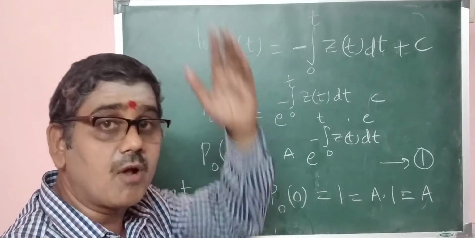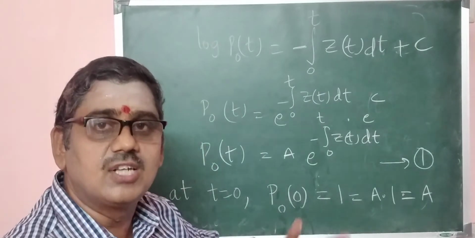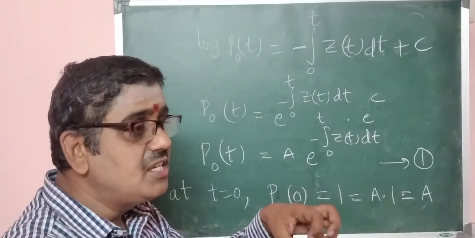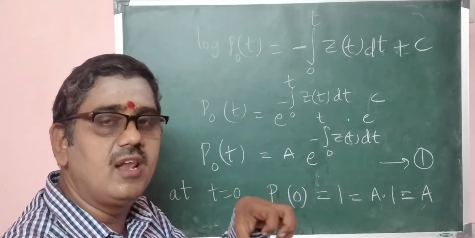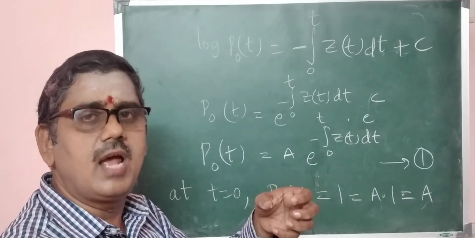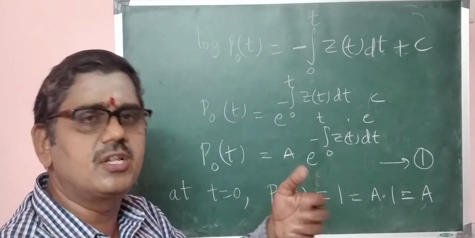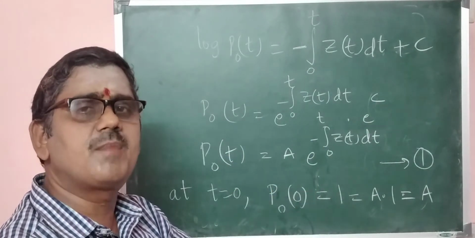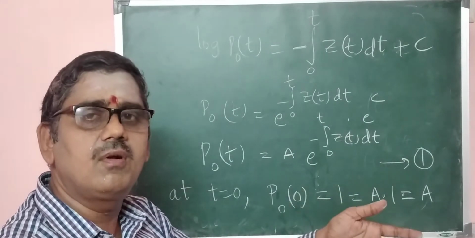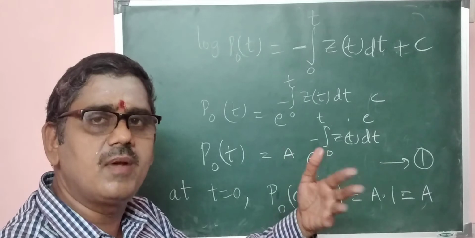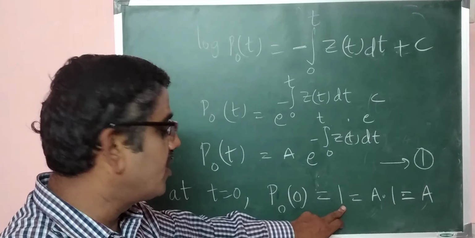And don't confuse this with probability at t is equal to 0 being equal to 0 in the previous derivation. That's not the case here. Here, state 0 will not fail. Probability of a component will not fail, that means survived. At initial time period, the probability of a component will survive is always 1. Always a particular component will survive at initial time period. Definitely, sure, almost sure. That is called probability is 1. Certain, sure. So therefore it is 1.